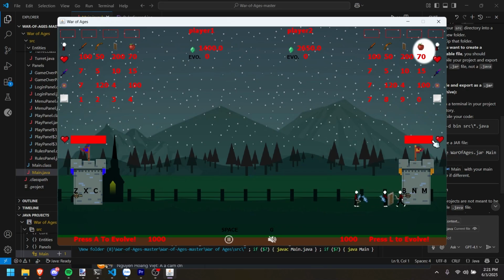Okay, so you can see right here the health of our tower goes down, right? So that is the objective of the game. The other team has to destroy the other team's tower, and also you can press A